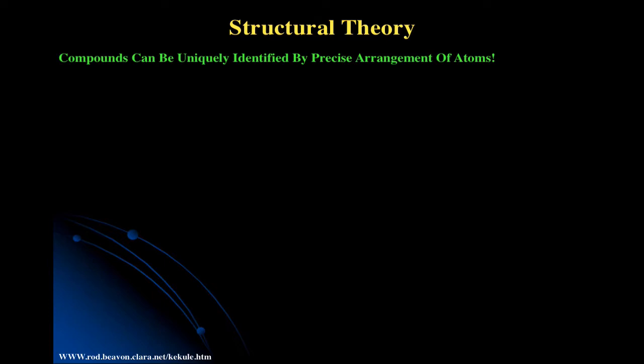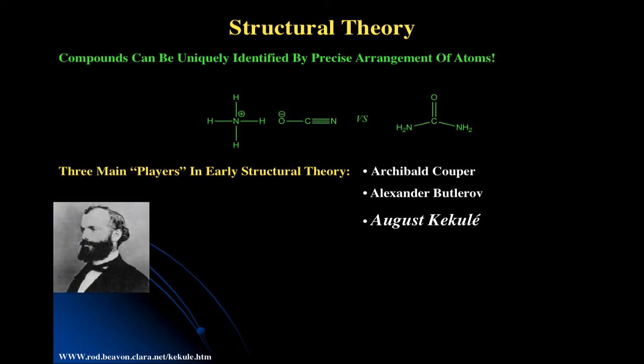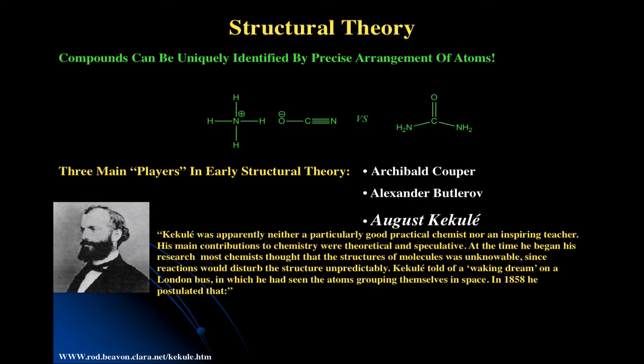So, since everything's about structure, we can define a compound uniquely if we know the precise arrangement of the atoms, right? This is the precise arrangement of the atoms in ammonium cyanate. This is the precise arrangement of the atoms in urea, right? And in this early structural theory, there were 3 main players. And the one that I'm going to focus on today is August Kekulé. Okay? Now, Cooper and Butlerov were also important, but I think Kekulé's legacy kind of outshines those other 2. Okay? That's a picture of the handsome man right there back in the 1800s. Okay? Now, this is a quote,